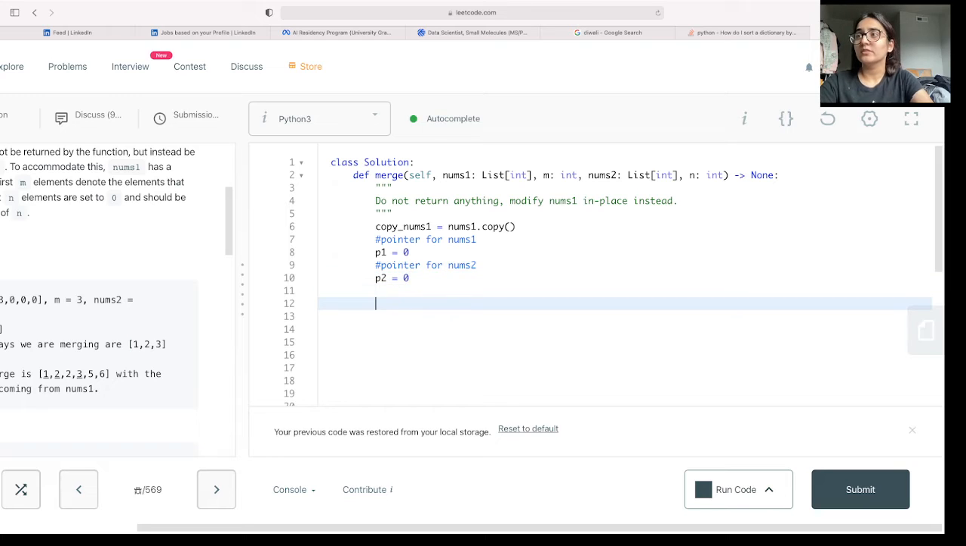So now we're gonna start writing our code. So for i in range n plus m, because that's going to give us the entire list of elements to which we are appending. So for i in range n plus m,